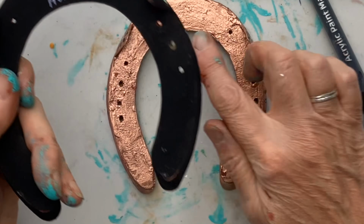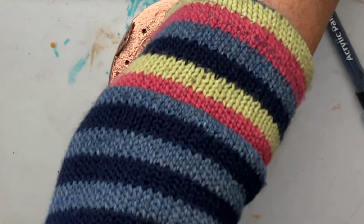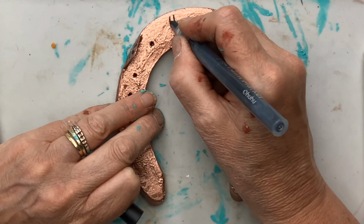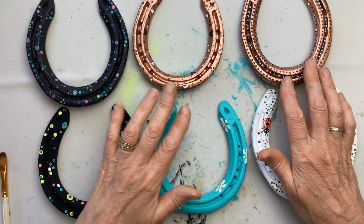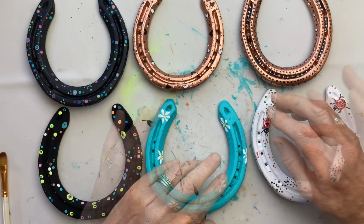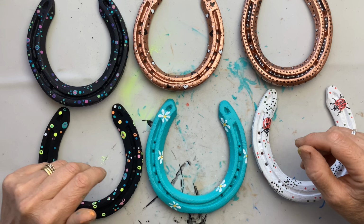What I think is nice to do when you're finishing these off is to write a message on the back. So I've just said hand painted in Hurst because that's where I live. You could of course write a special message. All that remains to do is to seal these in some way. Again, totally not necessary if you're just using them as a one-off for a party. The acrylic is waterproof, but say you wanted them to be outside for a little longer, a bit of extra